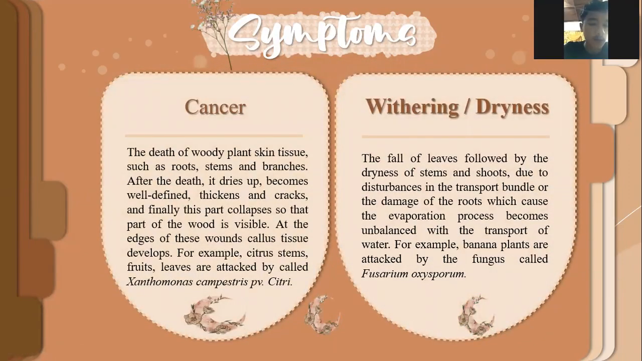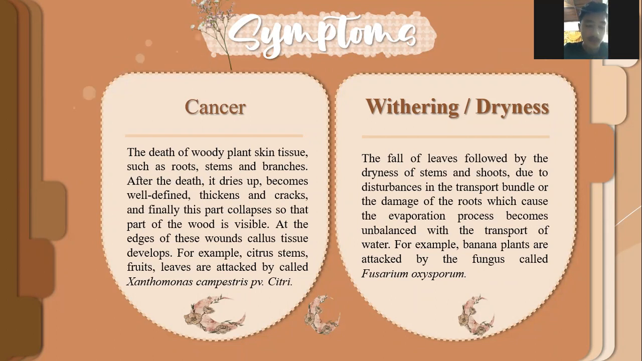Cancer: the death of woody plant skin tissue, shoots, roots, stem, and branches. After the death, it dries up, becomes well-defined, thickens and cracks, and finally the spot collapses so that part of the wood is visible. At the edge of this, callus tissue develops. For example, citrus stems, fruits, and leaves are attacked by